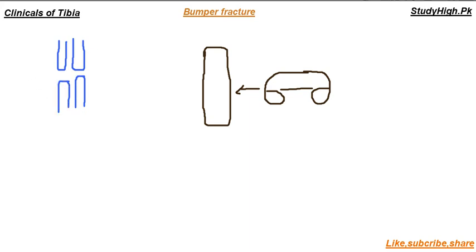And also a lot of blood, as you can see here. Here is the blood. So it is a compound or bumper fracture because this is a more subcutaneous bone, and when a large force of any type, like a car bumper, strikes your leg, especially the shaft of the tibia, it may result in breakdown of both the fibula and tibia regions. Now we are going to discuss our next clinical, Osgood Schlatter disease.